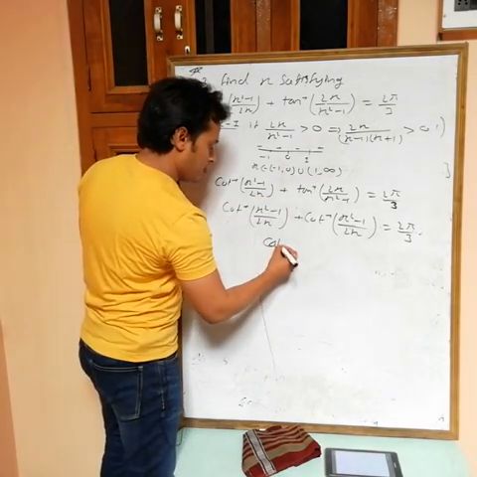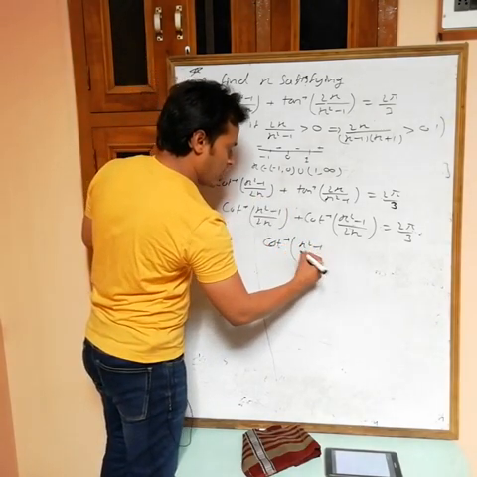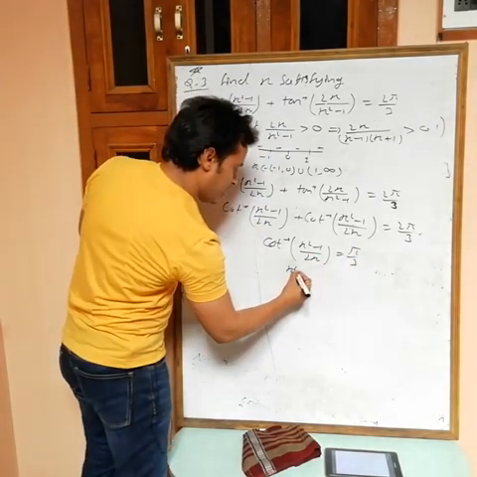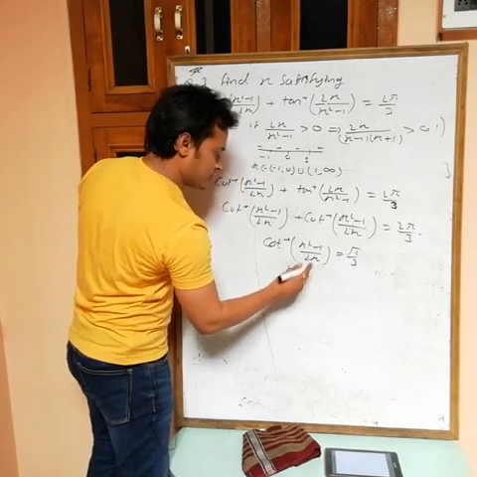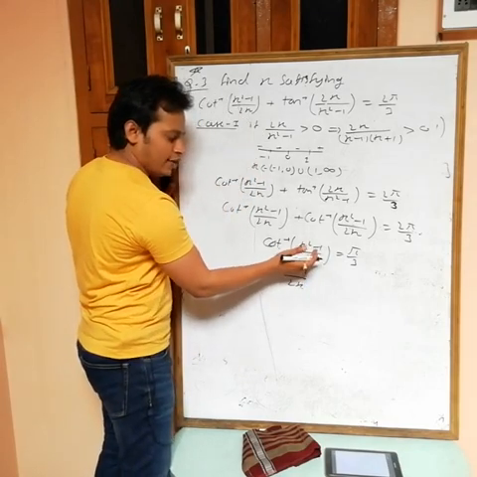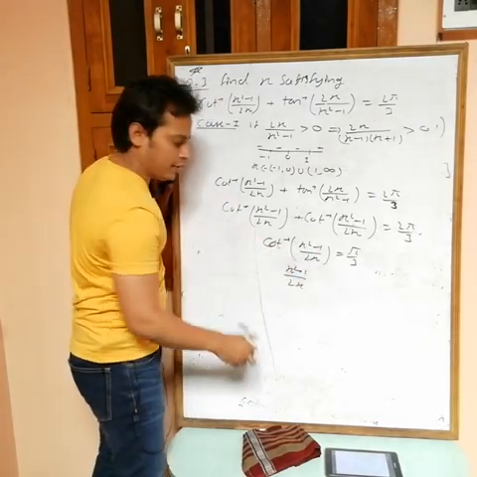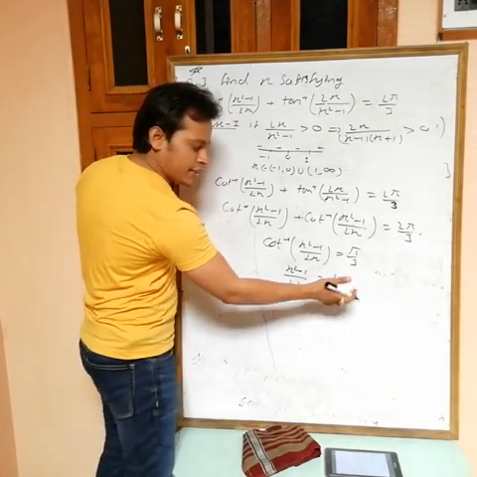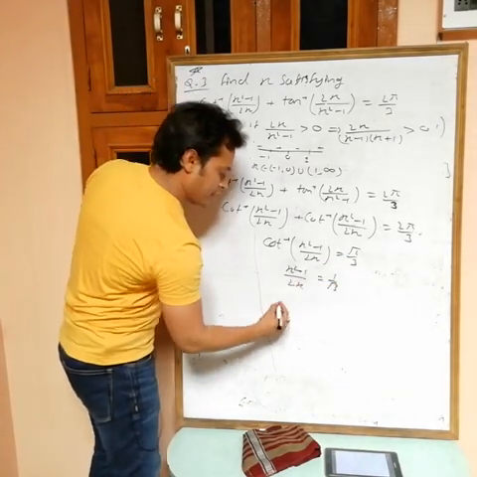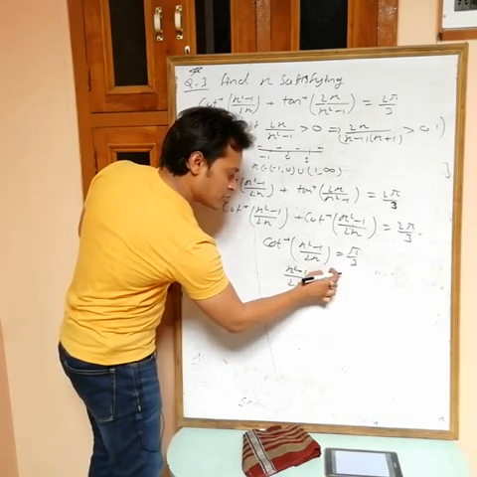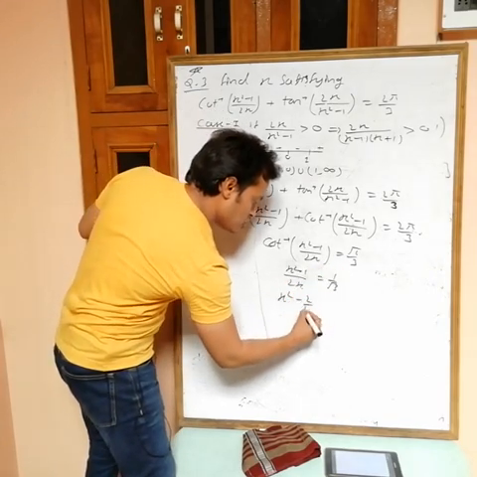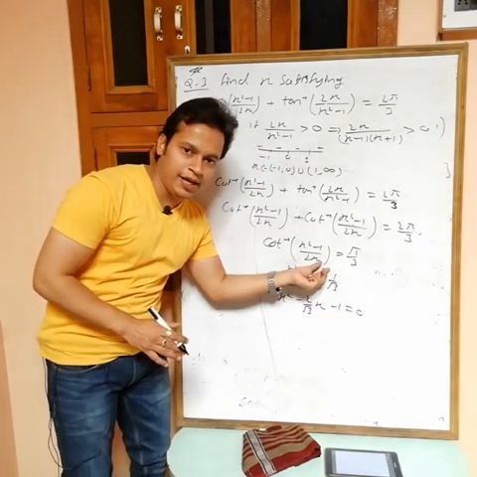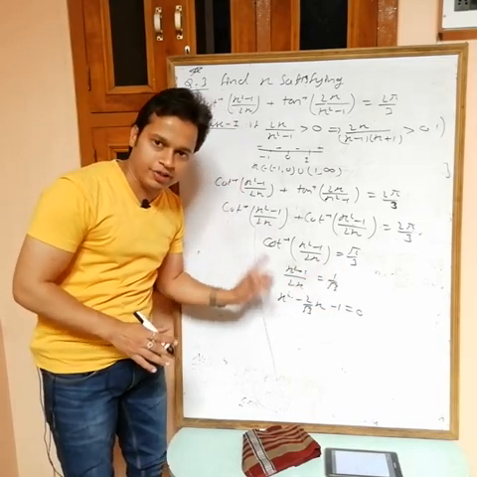Then what are we getting? We are getting cot inverse (x square minus 1) by 2x equals pi by 3. If you take cot on both sides, then (x square minus 1) by 2x is cot pi by 3. Cot pi by 3 is 1 by root 3. Okay, multiply 2x on this side, then you will get x square minus 2x by root 3 minus 1 equals 0. Just cross multiply 2x and write the quadratic equation.